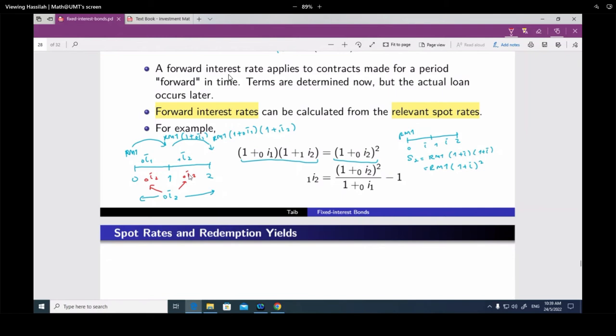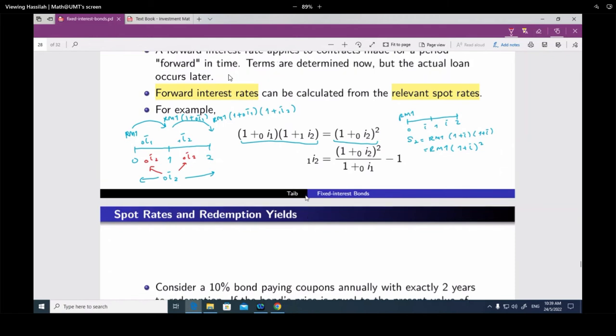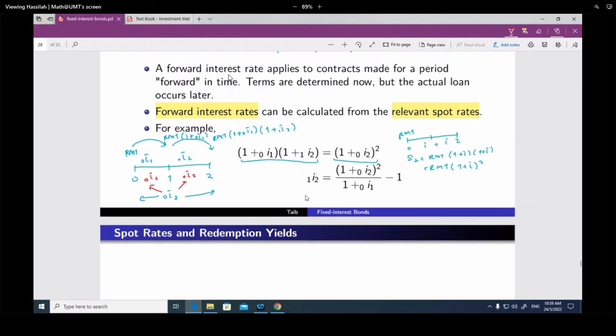Okay, jadi di sebelah kanan ni adalah kalau kita gunakan spot rate yang dari masa kosong hingga 2 straight away. So you akan dapat sebelah kanan ni. Sepatutnya dia akan menghasilkan future value yang sama. Jadi you boleh tunjukkan bahawa